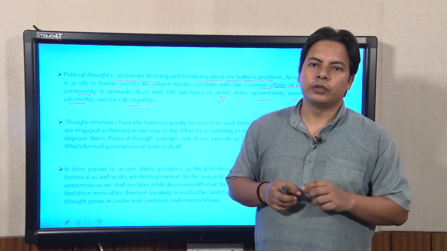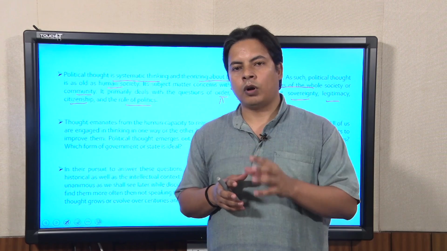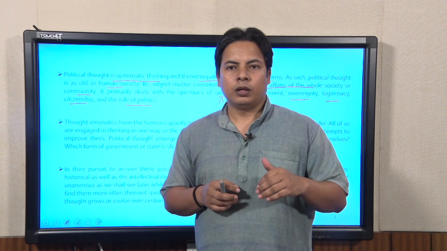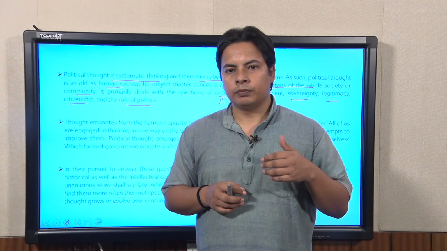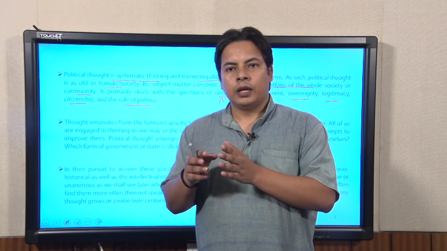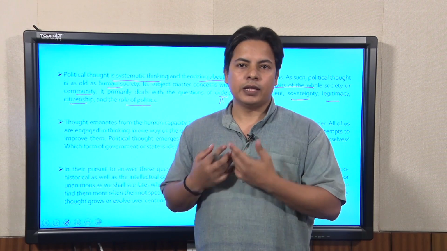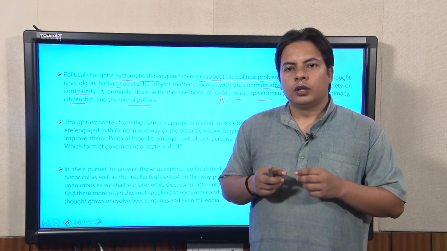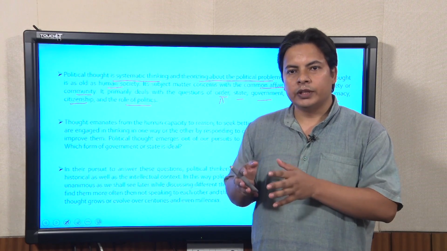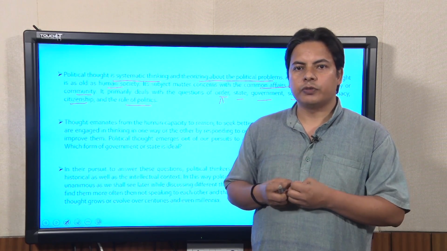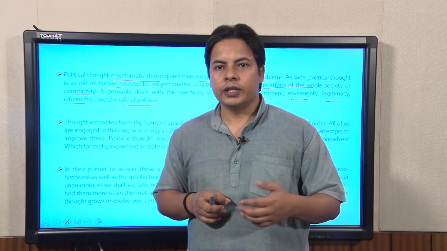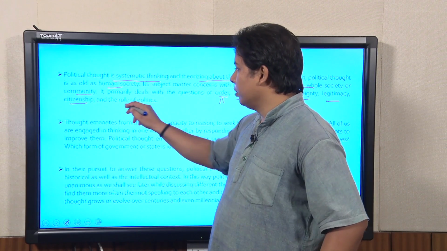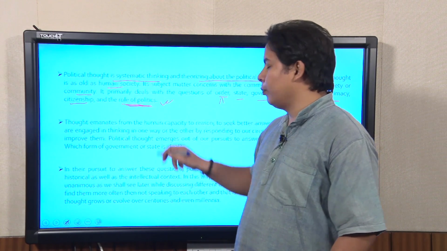And in this course we are going to discuss how this thought evolved from Greco-Roman times through the philosophy of Plato and Aristotle and Machiavelli, and then Hobbes, Locke, Rousseau, Hegel, Marx, Kant and Mill, that how over the millennia they theorize about these problems of order, state, sovereignty, citizenship, political obligation, and basically the role of politics.